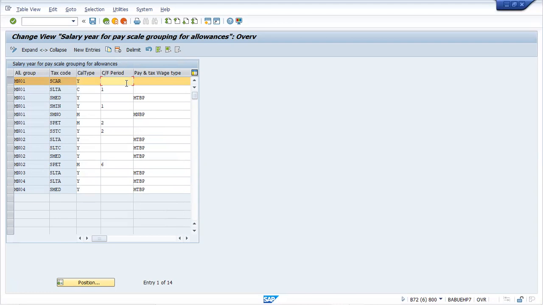The last one is pay and tax based type. Mostly reimbursements are tax free, so generally you will not put anything. But if the employee is not able to fully utilize the amount he is eligible for, the company pays him the balance under a taxable wage type at the year end. Suppose in the month of March he has not consumed it, then in April the employer will give that entire balance. Suppose out of 12,000 you consume 2,000, then 10,000 will be given to you. That will be taxed. So in this way, you have to understand this.